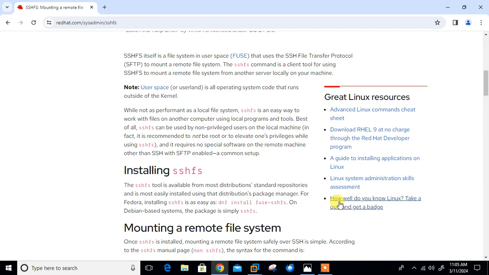So what's new in this video? In this video we will talk about how to use SSHFS to mount a remote file system over SSH. So let's begin the topic. But before we start the live session, we need to understand a few points, which is what SSHFS is and its use